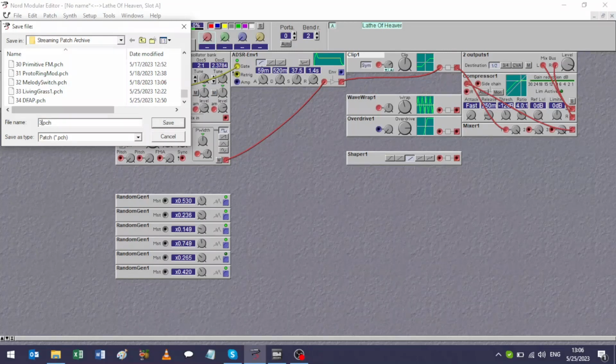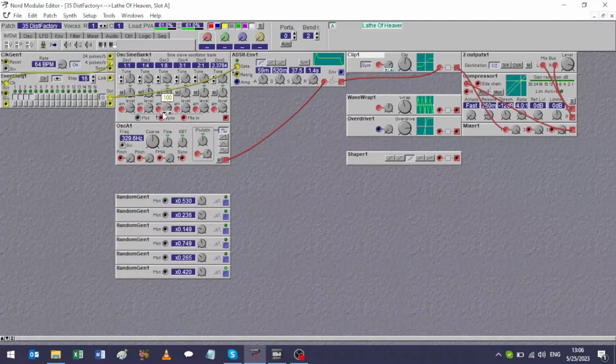I'm going to call this 35 Dist Factory, because it's a factory where we make distorted sounds. So we got these guys here. Let's just do something only modulars can do. I'm going to copy that,